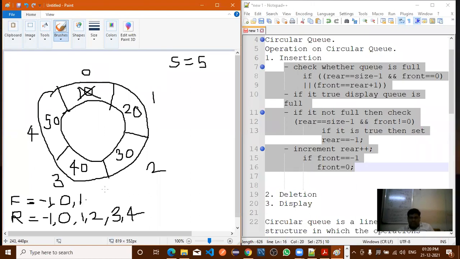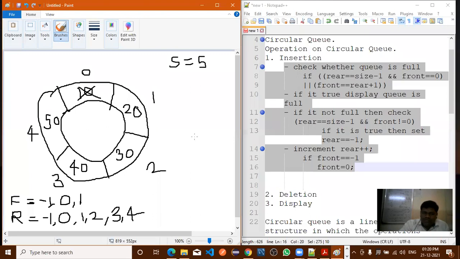No. This condition will become false, and this one is obviously false: front equal to rear plus 1 can it happen? No. So is this condition true or false? False.